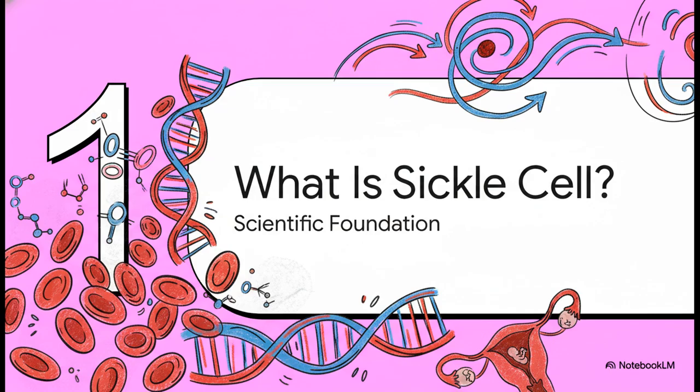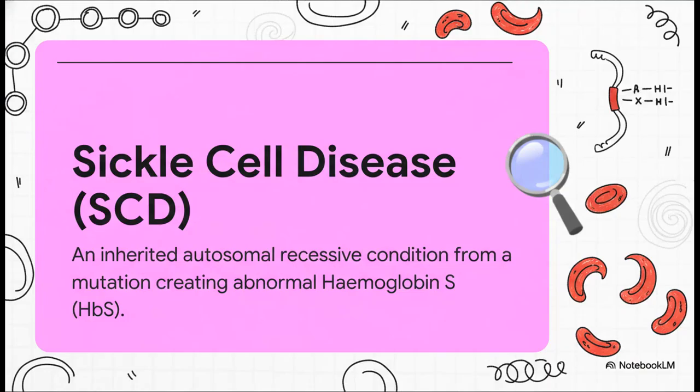Before we can even begin to talk about how to manage it, we've got to understand the root of the problem, right? So let's get back to the basic science. You know, it all boils down to this one tiny inherited genetic mistake. A single amino acid gets swapped where it shouldn't be, and boom, you get this abnormal hemoglobin S. It's kind of wild to think that this one little molecular change is the root cause of every single problem